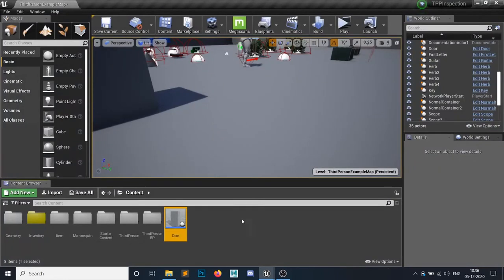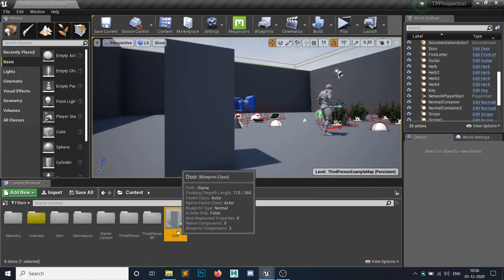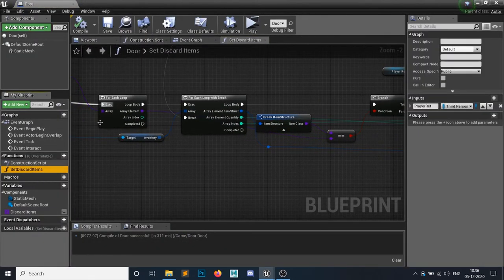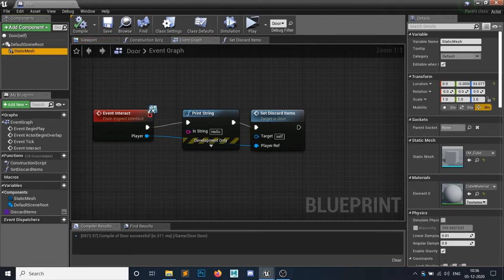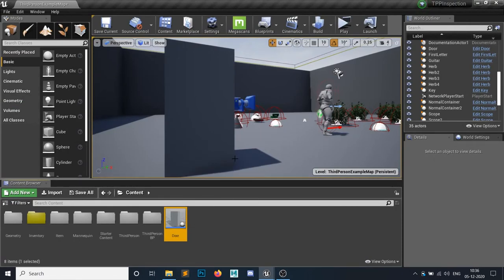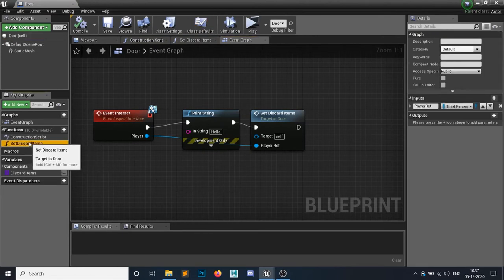Now there is one drawback in here. As you can see, we have created one door object, and you have to code out all the functions, all the things in this one. You can work like this. You can add a collision box or anything, add an event, and you can call out this actor with anything else. But the problem is, let's say I don't want to code it every single time. So you can make a global function.